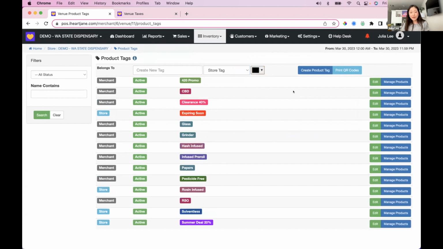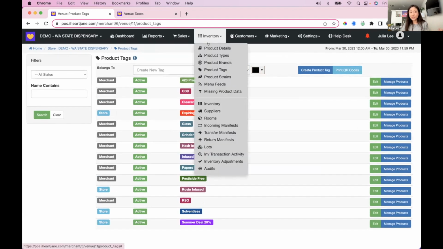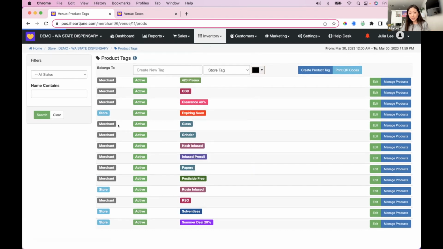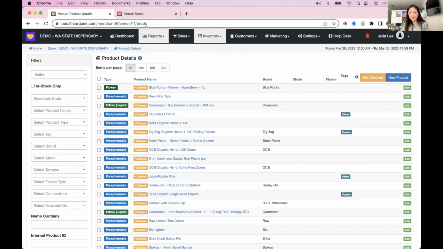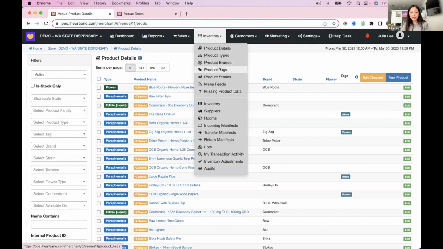And then there's several places where product tags can be applied. Again, when you're creating a product detail, you can do it there. We kind of showed you how you can do it in bulk from the product detail page here by checking a bunch of products and then adding the tag there,